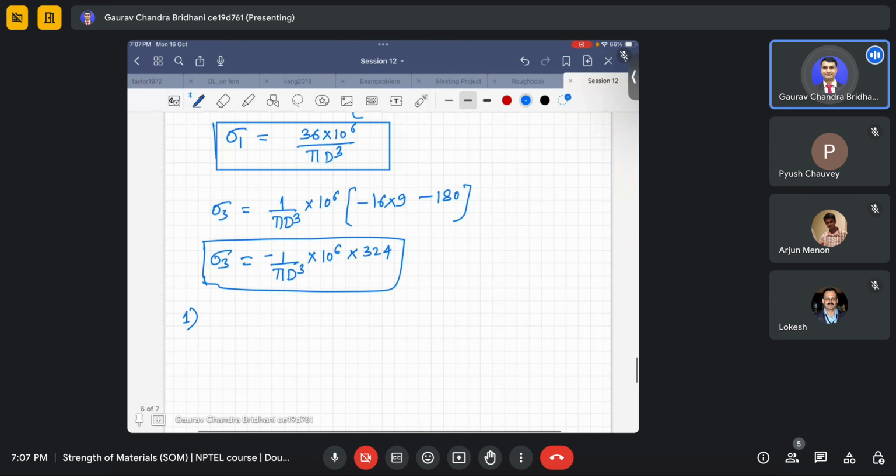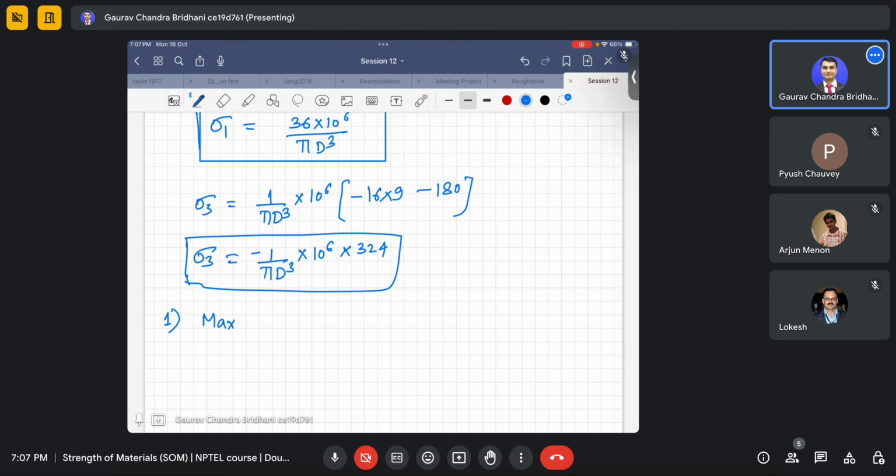So first we'll do the maximum shear stress theory. What it says is that sigma 1 minus sigma 3 by 2 should be less than or equal to